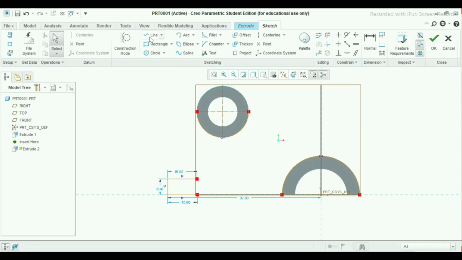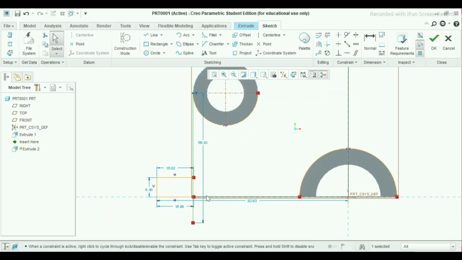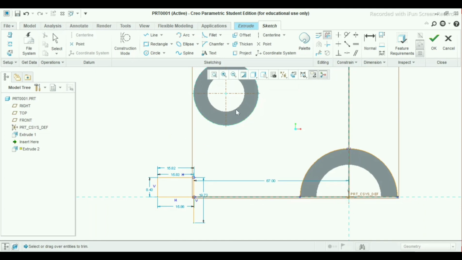Now go to the line command, select this point. Now we have exited our line command. Go here, delete segment, delete this line and this. Exit this by pressing the scroll button on our mouse.